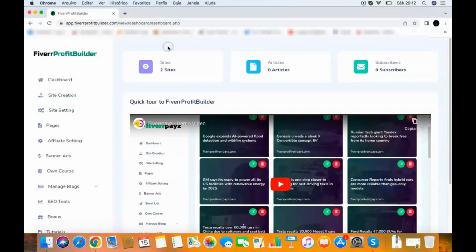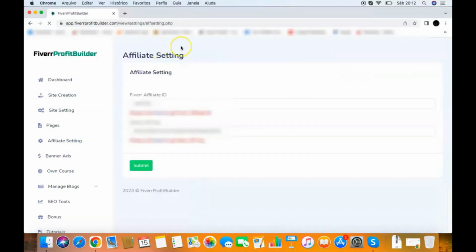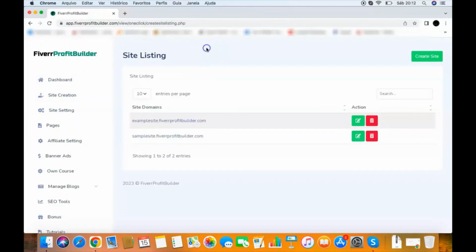So all you need to do is go here and click affiliate setting. The first step here is to add your Fiverr affiliate ID. It's very easy to do. All you need to do is get your Fiverr affiliate ID on fiverr.com, put it here, and you are ready to go. Okay, then you can go to the site creation, and then you will be able to create your first